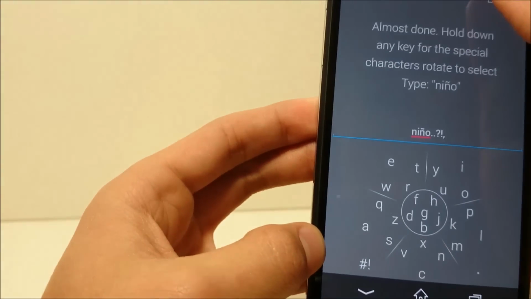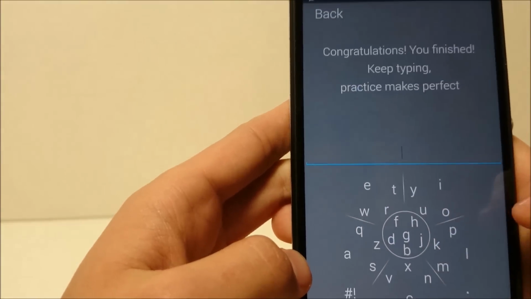Okay, and now we're done. And now in this part you can just type and